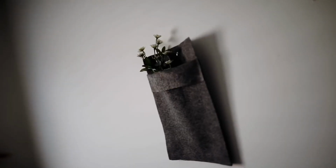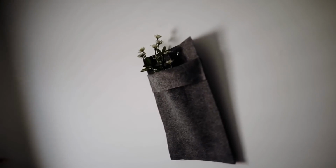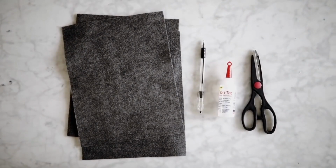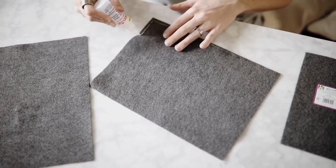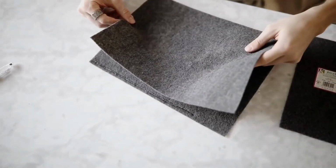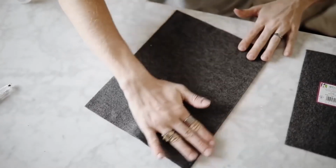This next project was actually another take on that little wall strap that I created with the wool fabric earlier, but this one is just a wall pocket and it is super simple to recreate. You're just going to need 2 pieces of 8.5 by 11 felt, and on one of the pieces you're going to start by rimming the entire outside, leaving a 2.5 inch section at the top that you're not going to be adding glue to,